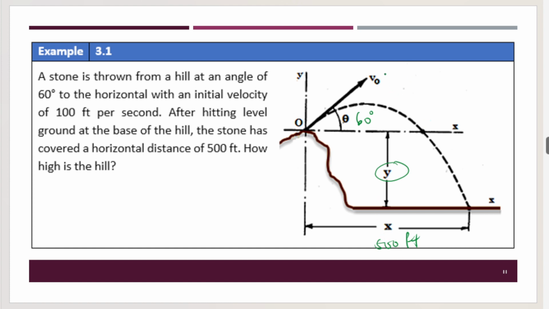I think the initial velocity was given as 100 feet per second. So, we could actually solve directly from our equation. Pwede na. We could actually direct substitute the values of our given to the equation na binigay sa atin. So, first, let's compute for the